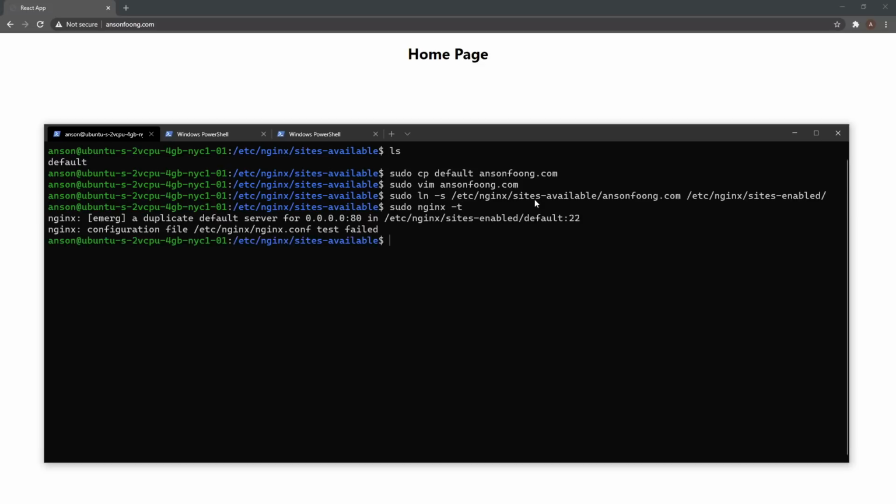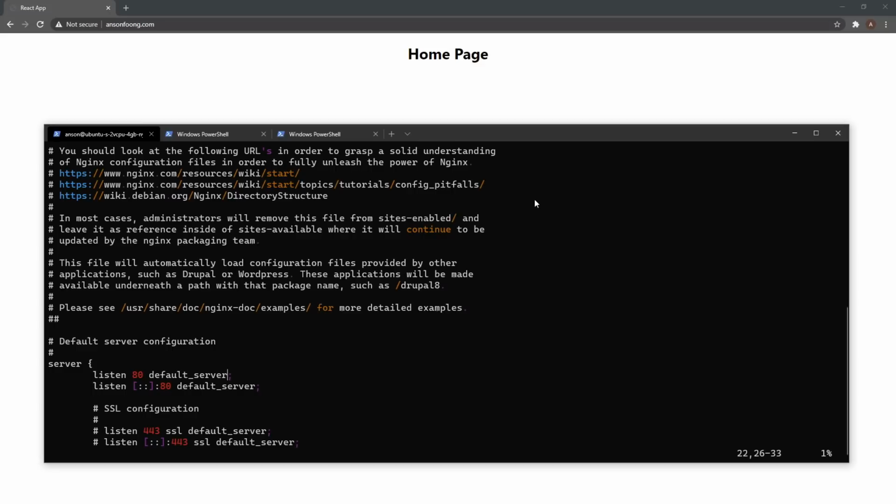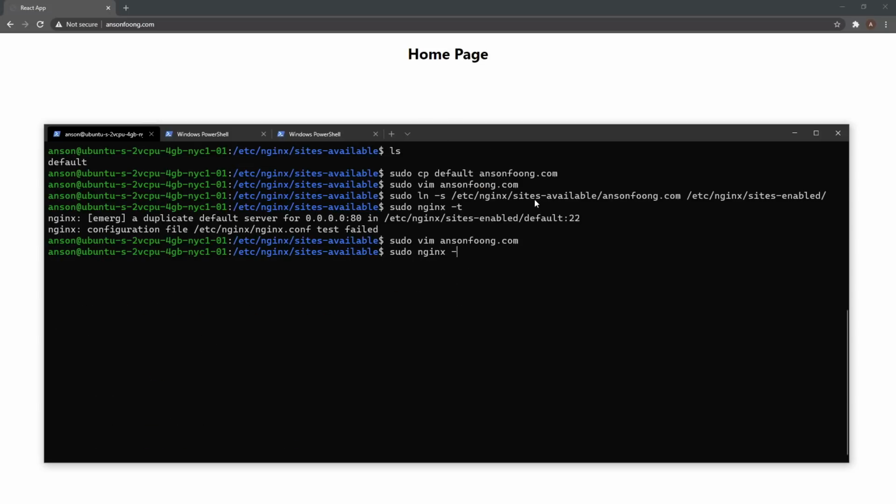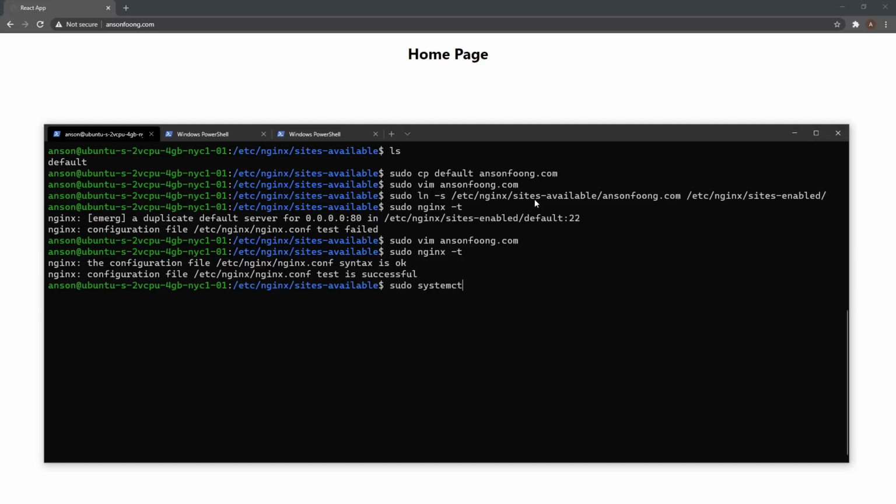Now if I type sudo nginx -t, you're going to see that it fails. The reason is that we actually have a duplicate default server. So to fix this, we're going to edit our domain over here, and we're going to just remove default server. Just like that. Whoops. Okay, so now if I type sudo nginx -t, it succeeds, and I'm going to go ahead and restart